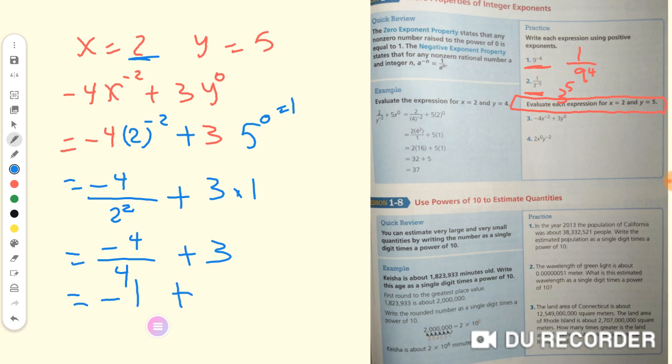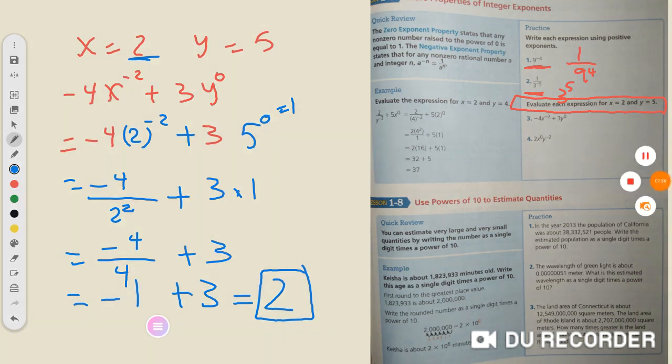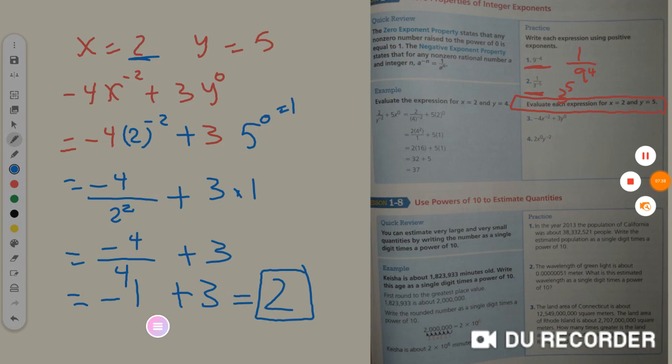Plus 3: different signs, so take the sign of the bigger number and subtract. The sign of the bigger number here is 3, so it's positive, and 3 minus 1 equals 2. So the value of this expression is 2. Take care about the negative power: we have to flip the number. Okay, let's move to another example,